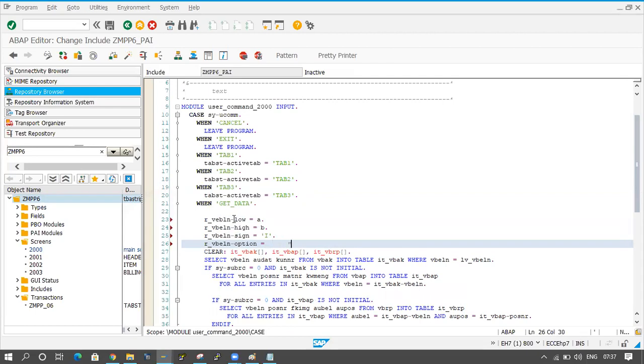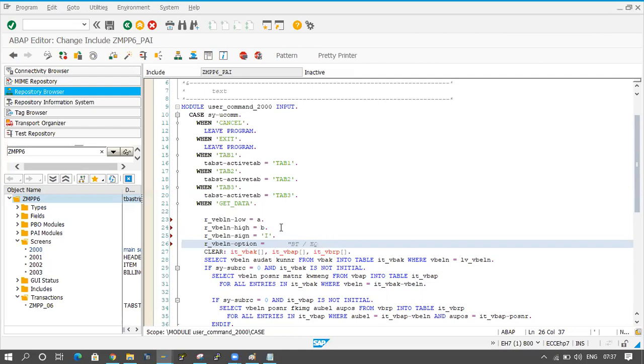Here option will be between or equal to. For example, I'm passing something in from only, I'm not passing the to value. That is optional here. From and to will be there. If you take from and to values, then multiple values will come here. But if I am giving only the from value and not the to value, at that time option will be equal to.